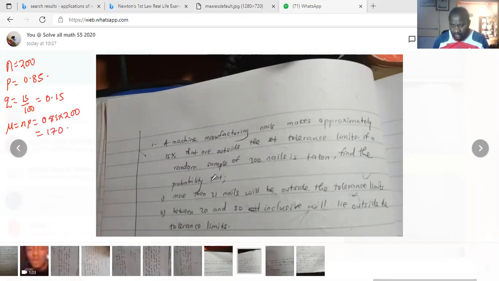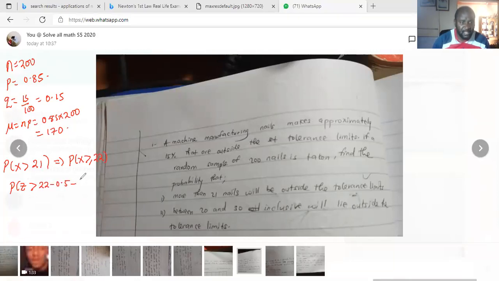You can confirm with the calc. So with that, the question says more than 21 nails. So probability of X is greater than 21. There are two options in standardizing. You either say this is probability of X is greater or equal to 22. When it's greater than, you subtract when standardizing, by saying probability of Z is greater than 22 minus 0.5 minus the mean, which is,